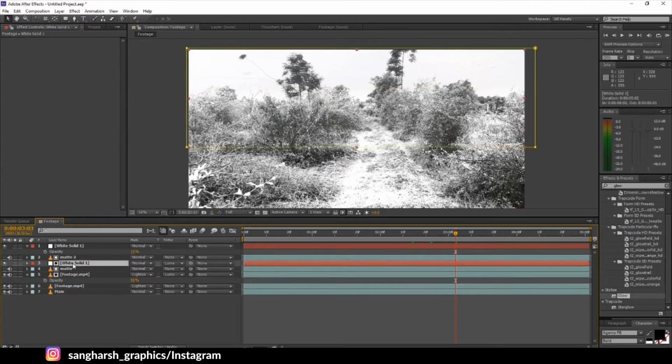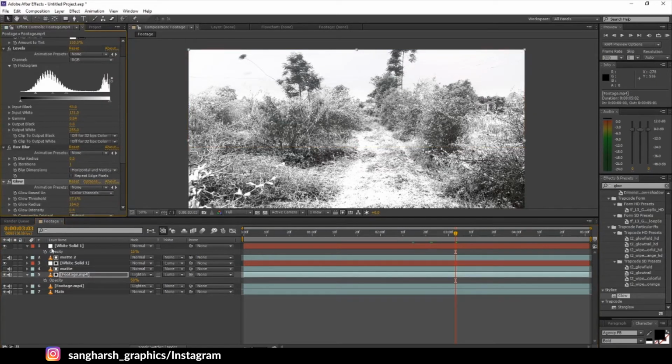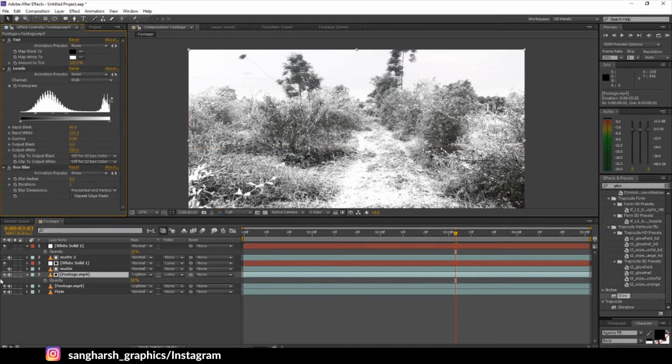Okay, for the white solid, for the matte, we don't need the glow on this matte footage, just delete it. We can also decrease its white color a little bit.